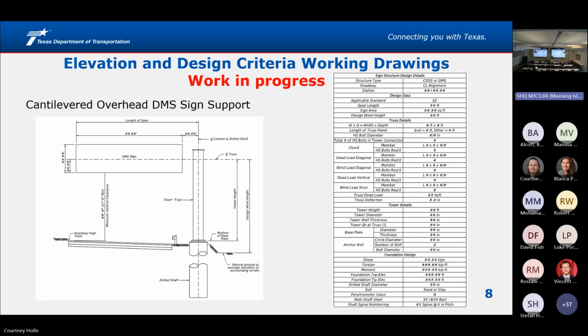Up next would be cantilevers, but with a DMS structure. So the existing standards and the future LRFD are only designed for traditional sign panels. They're not designed for DMS. And so with that, your elevation view, similar data, but you can see this table is much longer. So anytime it's a DMS, it's a special zone. You as the engineer of record have to complete this table, provide the entire design, sign and seal that you designed this structure.